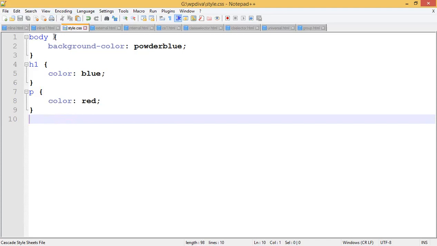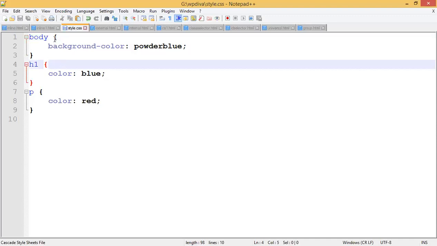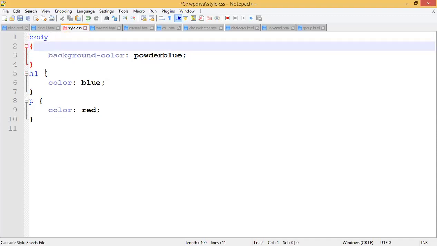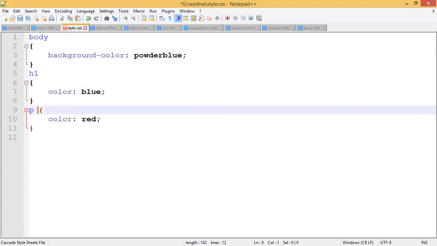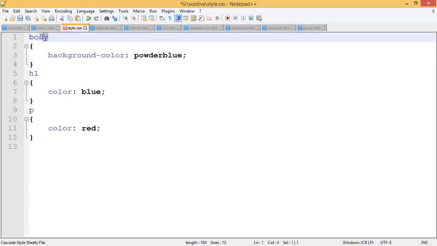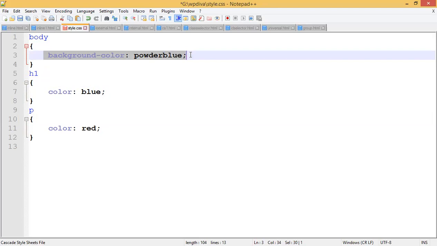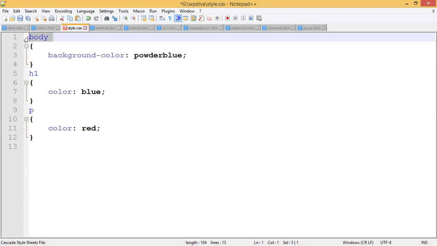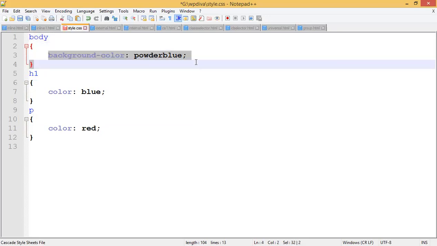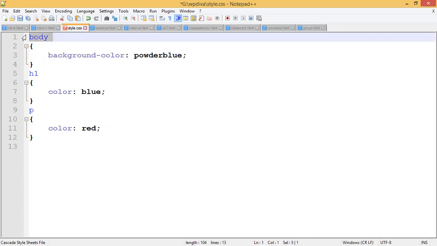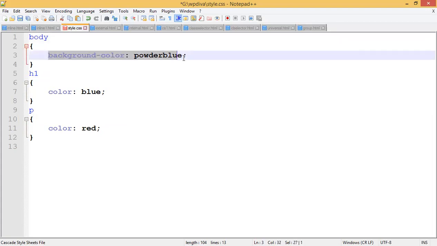What is the format used for that? First thing is that you have to open a body tag. You can also take whatever bracket is there at the downside, no issues. You can write like this also, just like you write your C programming. So I take a body tag, and I open a flower bracket. After opening the flower bracket, I can define the set of properties that should get applied to this body tag. So whenever body appears in the HTML code, these properties will automatically get applied to the body tag. Whatever properties you are setting inside these flower brackets, automatically it will get applied with the body tag.